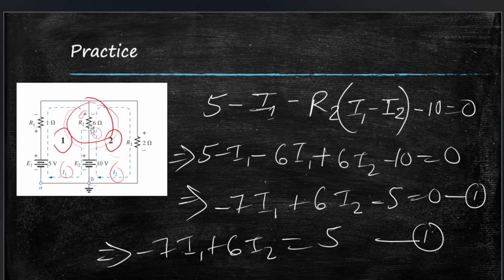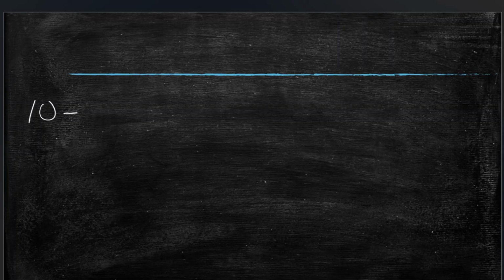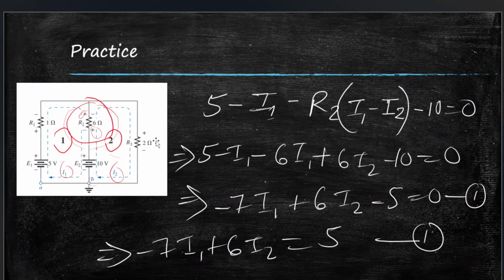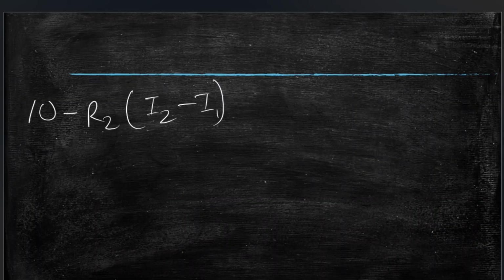So first we put 10, and then R2, so minus R2 times I2 minus I1. See, for loop 2 we put I2 as the positive value, and then we have R3, which will be negative again, so minus R3